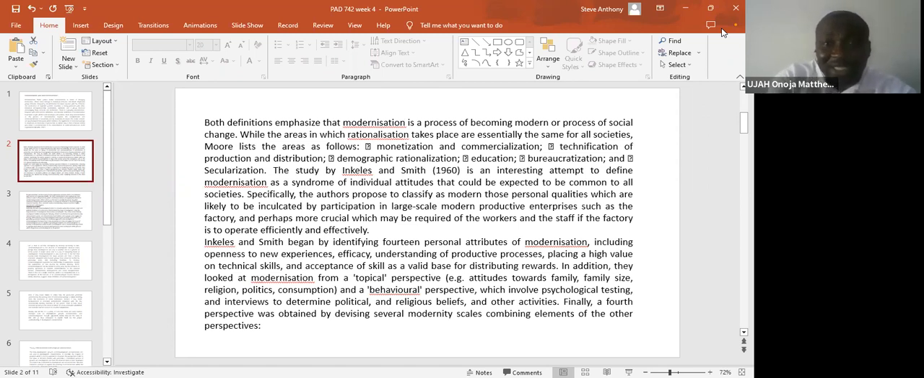So if you look at what this is saying, it still goes back to the views that mentioned secularization, bureaucratization, demographic rationalization, and all that as attributes of modernization. So it is in furtherance of these ideas that one can say that modernization reflects these whole parameters that have been mentioned earlier on. He also talked about a behavioral perspective, which involves psychological testing and interviews to determine political and religious belief and other activities. Finally, a fourth perspective was obtained by devising several modernity scales, combining elements of the other perspectives. So in his views,